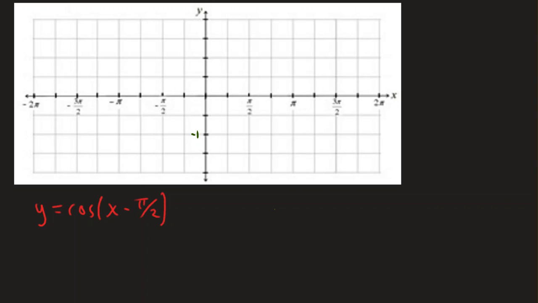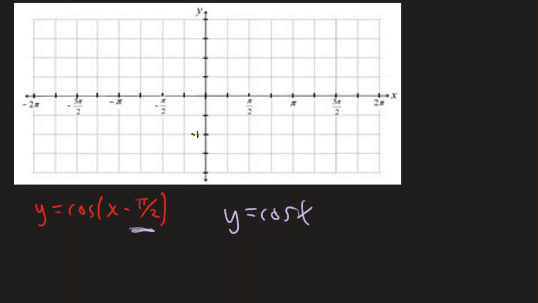Alright, to graph this one, it certainly helps if you are familiar with the transformation rules. I know that this graph is going to look like the cosine graph because it says cosine. It's still going to have an amplitude of 1. It's still going to have a period of 2 pi. I'm not adding or subtracting anything at the front or the end, so I know it's not being shifted up or down. The only difference between this one and its parent function, y equals cosine of x, is this minus